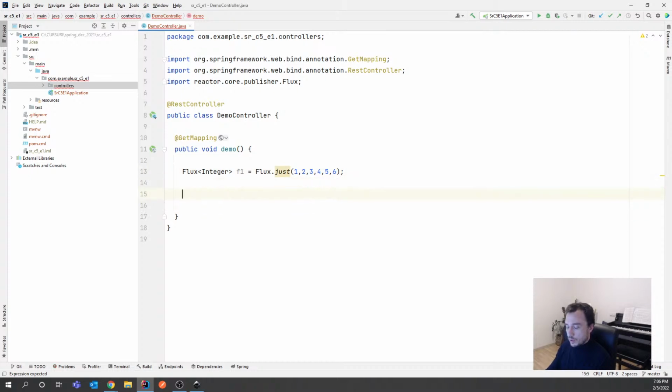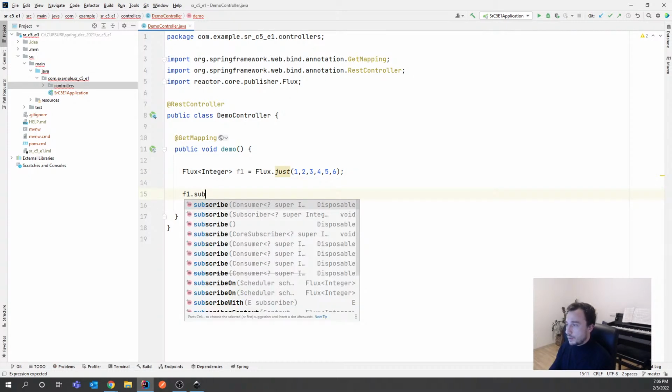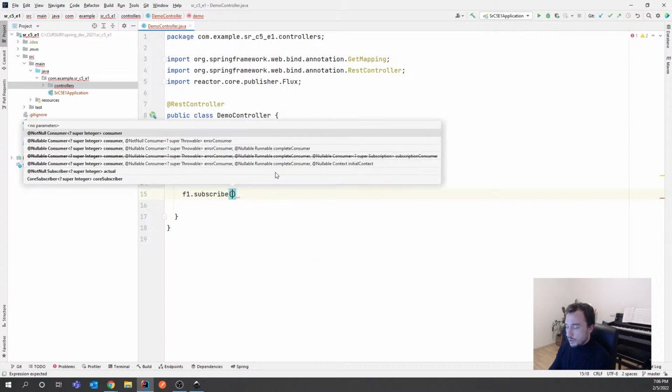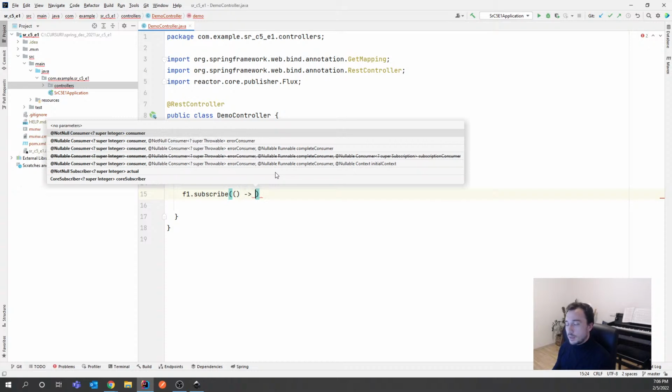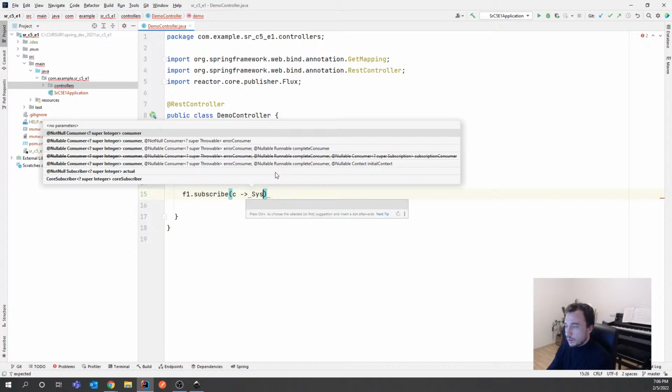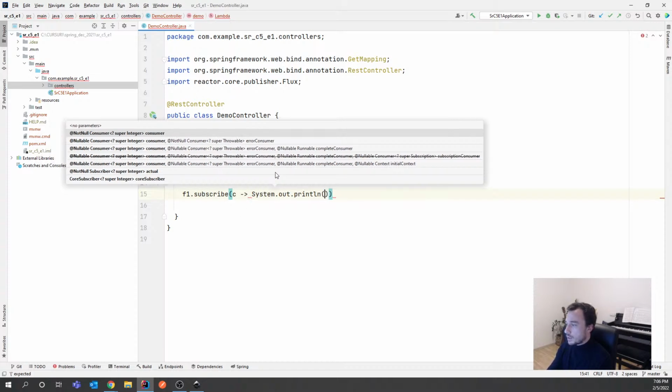And then of course you can say subscribe, and you have a subscriber here, so you can use whatever subscriber you want. In the previous lesson I've shown you how to create a custom subscriber, but at the moment I will use the subscribe method that gets a consumer as a parameter to simplify things a bit